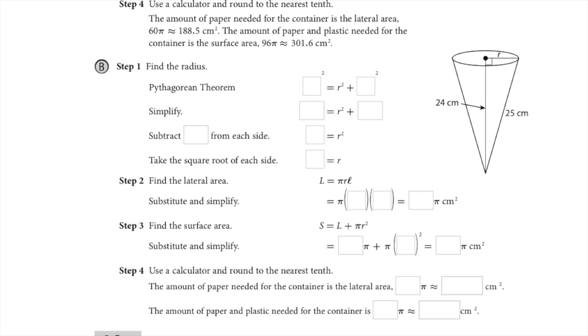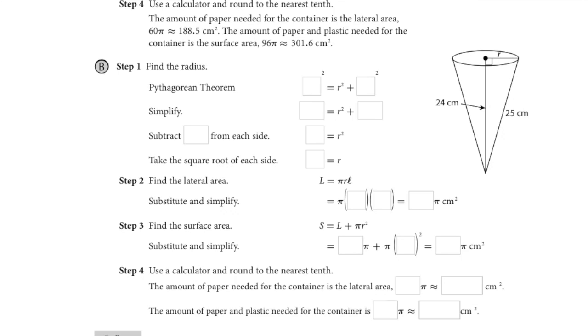So that when I turn to the next page, that's when my calculator starts to be used, and I can simply take the total 96 pi centimeters squared that I have, and then on page 1009 you can see now we're using a calculator to take that 96 pi and turn it into